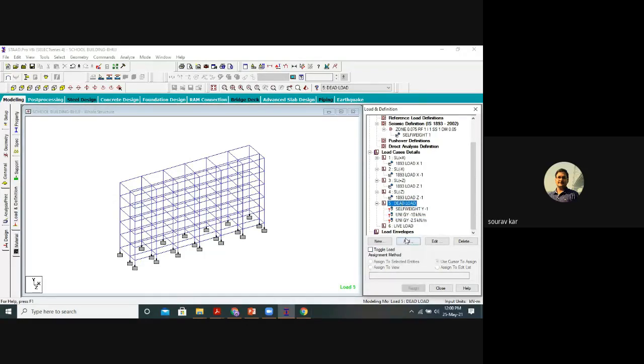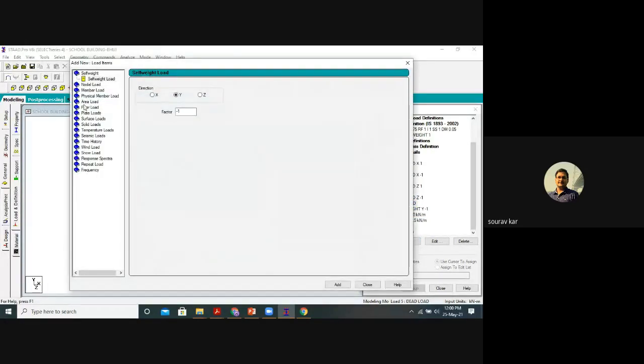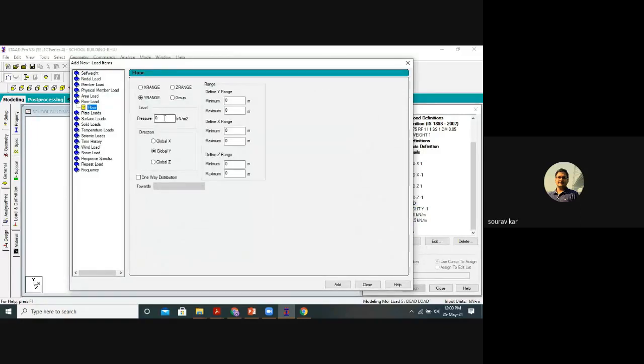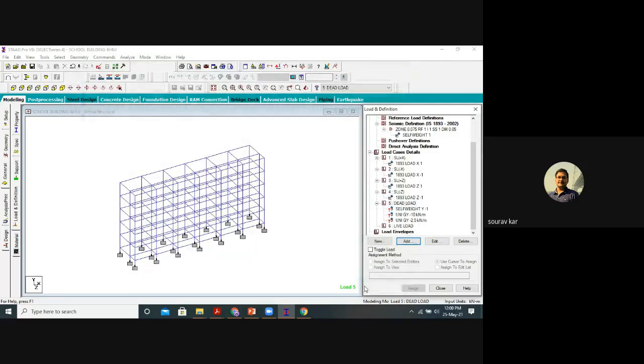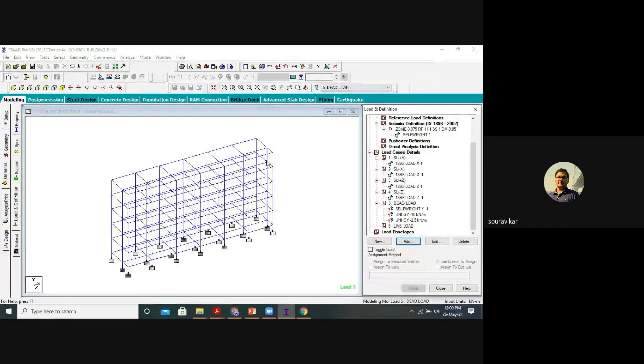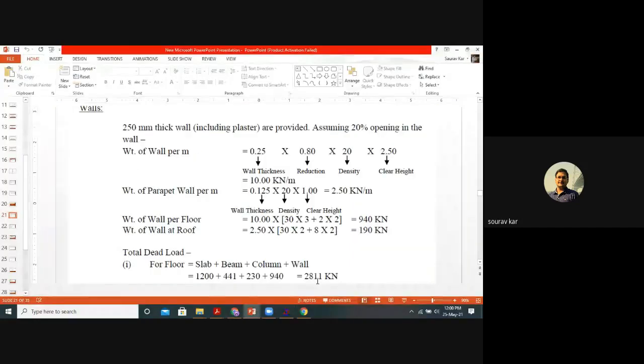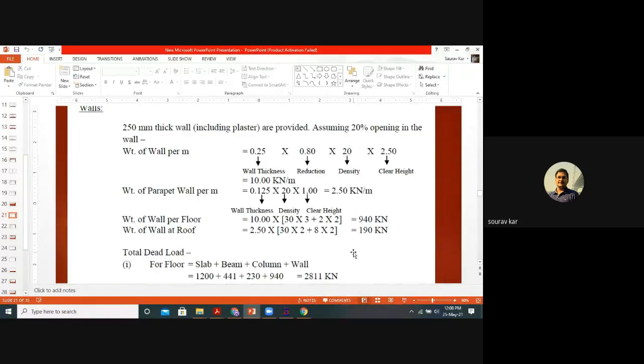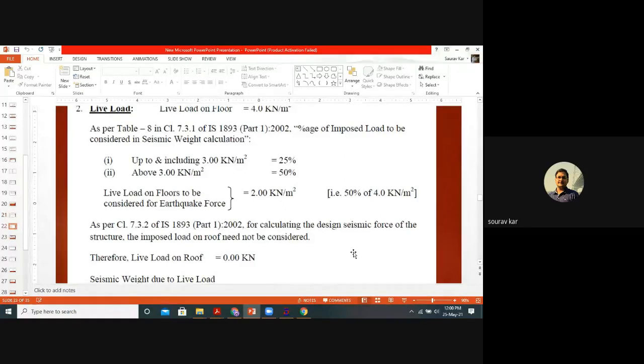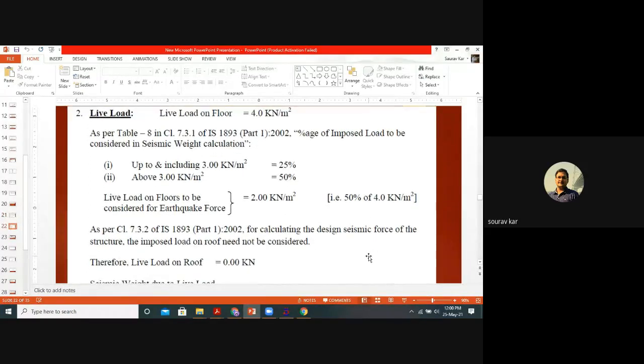After this, I will add the floor load. Floor load pressure is, now I will find out the height also. Let me check the height. In many cases, we take the slab load, the floor load for the roof as different, and for other floors a bit more than the roof level.